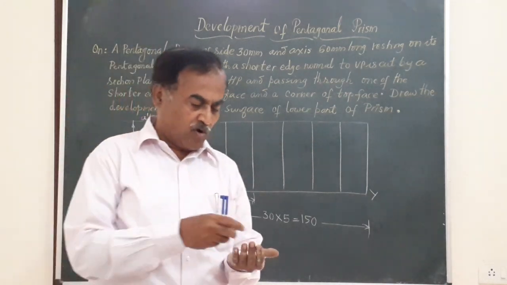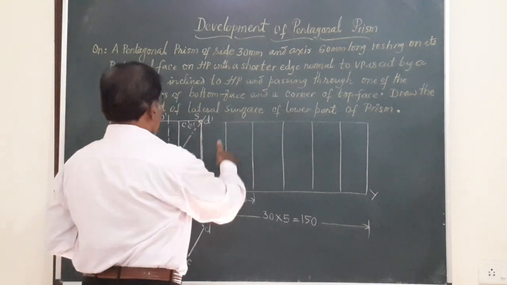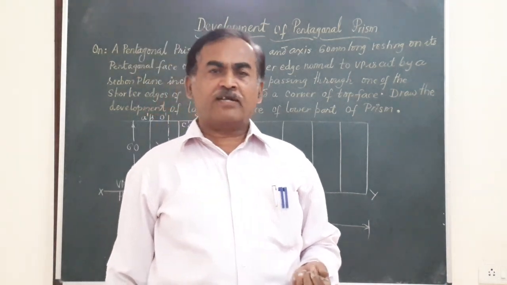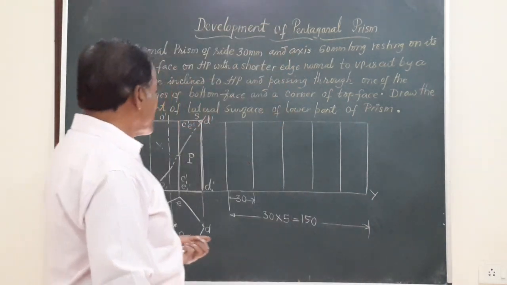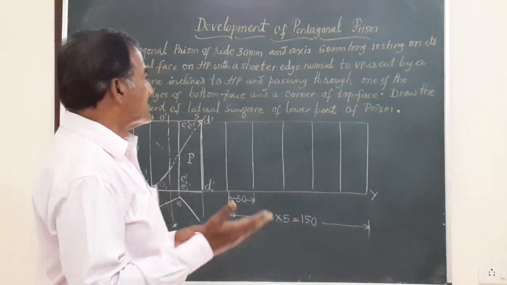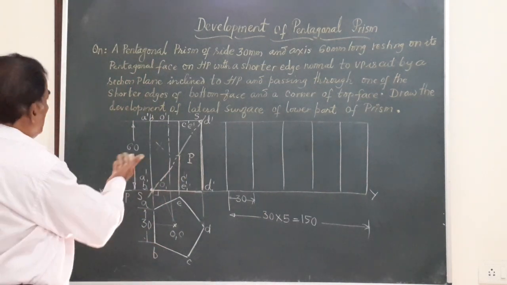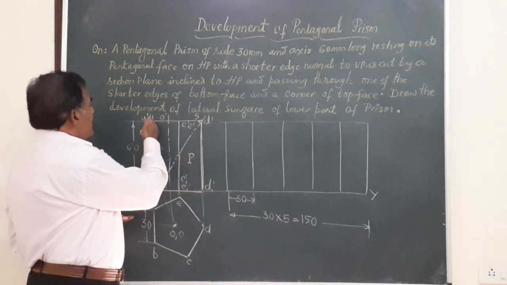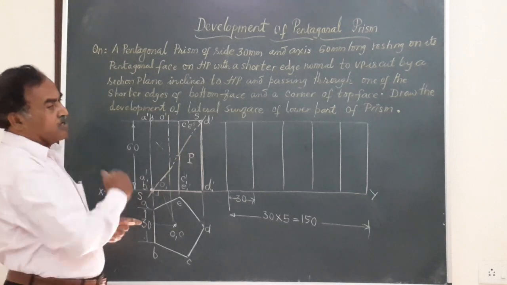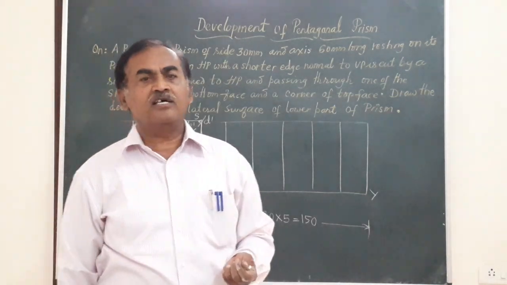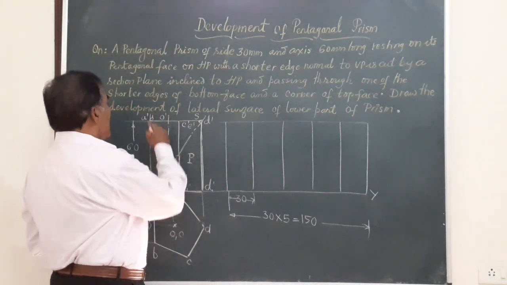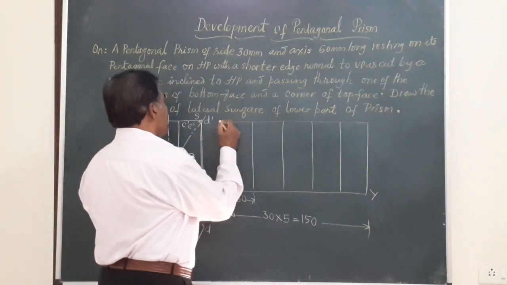Now, I have to start marking in the development the edges AA, BB, CC, etc. Before that, friends, in all the cases of pyramids, prisms, etc., you will have to see whether any of the vertical edges in the front view are removed when the section plane cuts the solid. It is very obvious in this figure that the vertical edges A dash A1 dash, B dash B1 dash are totally removed when this piece is thrown out. Hence, it is very essential that you commence the development adjacent to this, starting from the point AA or point BB. So, let me start from A.